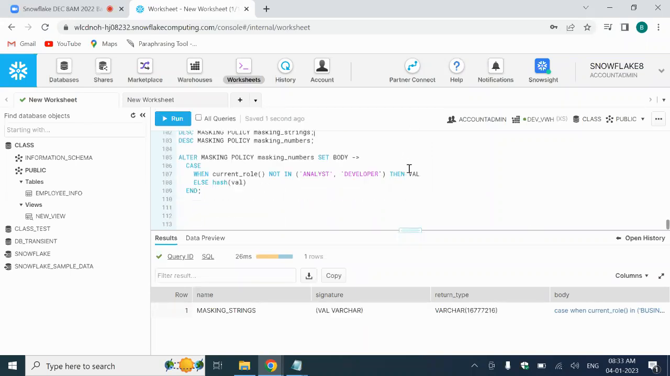Now when you are altering a masking policy, previously we have recreated. Now if you are trying to alter, the existing policy name, let it be, I want to alter that. Previously we had only analyst. Now we want to add developers also into that list. I want to alter it. Then what is going to happen? Already